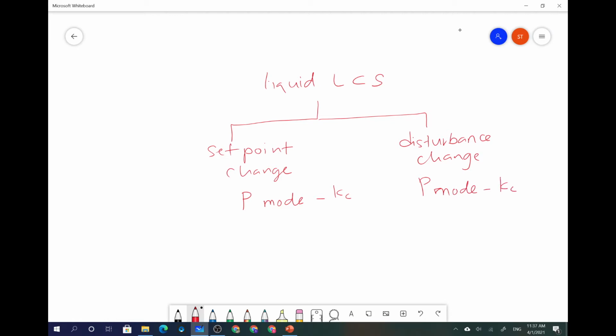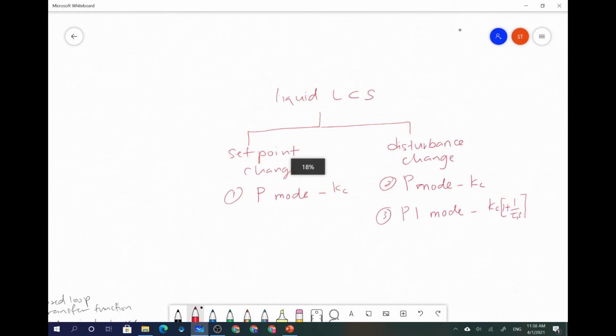And another example is PI mode, which is Kc times 1 plus 1 over tau I s. So this is the 3 examples that we're going to take a look at on this liquid level control system, whereby it should start with